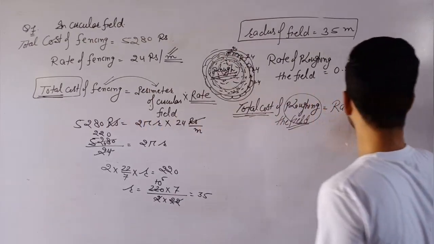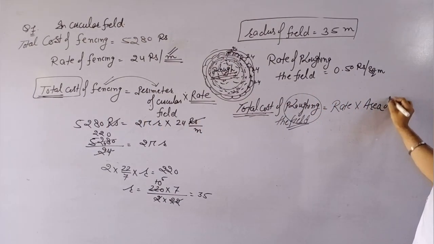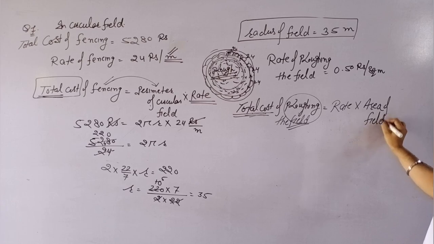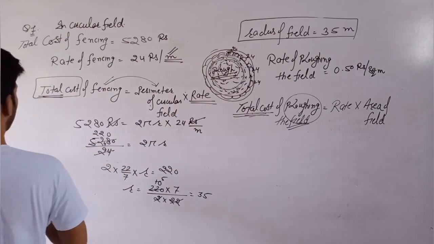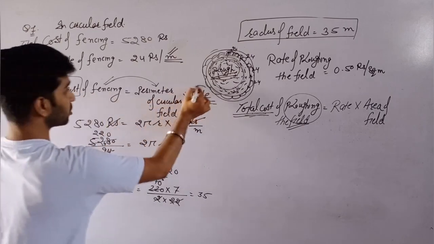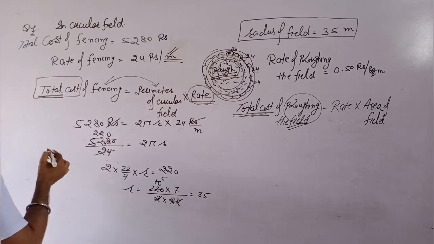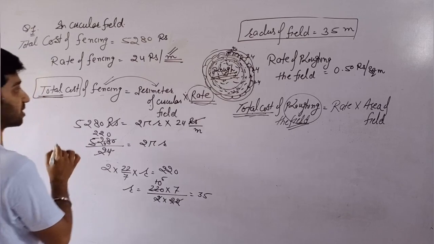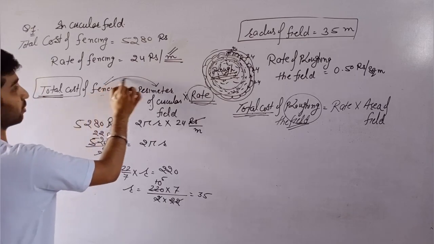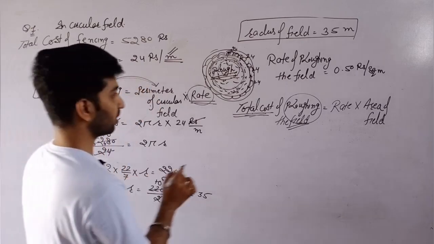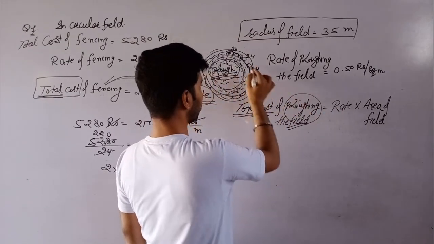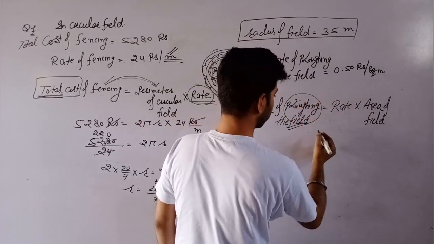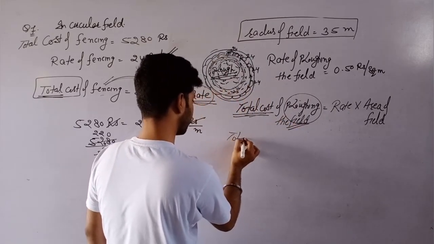तो यहाँ यूज़ करेंगे एरिया ऑफ फील्ड. तो ये टोटल कॉस्ट का कॉन्सेप्ट है. टोटल कॉस्ट फाइंड करने के लिए फर्स्ट ऑफ ऑल रेट तो चाहिए, और साथ में कॉस्ट है तो इसलिए उस हिसाब से, जैसे यहाँ कॉस्ट फेंसिंग की थी तो फेंसिंग लेना चाहिए पैरामीटर, यहाँ कॉस्ट प्लॉइंग की है, तो प्लॉ के लिए चाहिए था एरिया, तो एरिया यूज़ किया. तो टोटल कॉस्ट